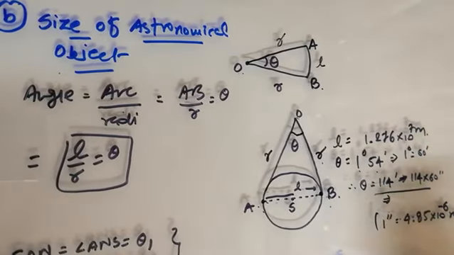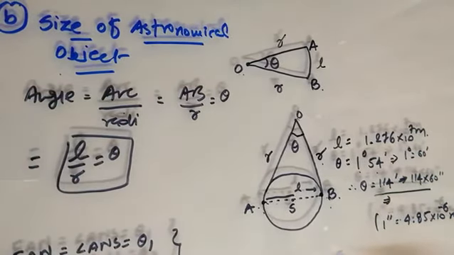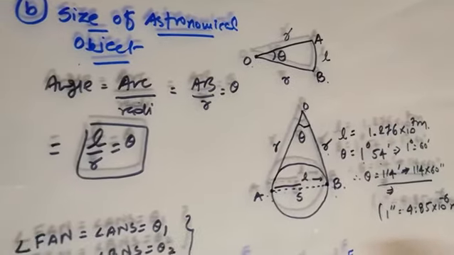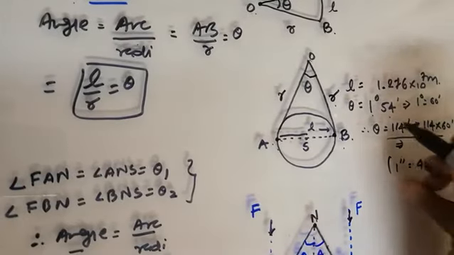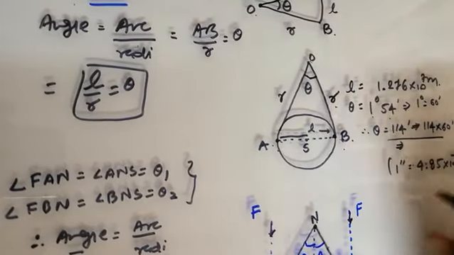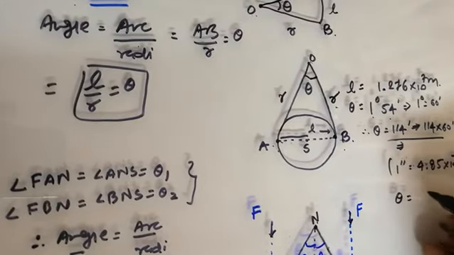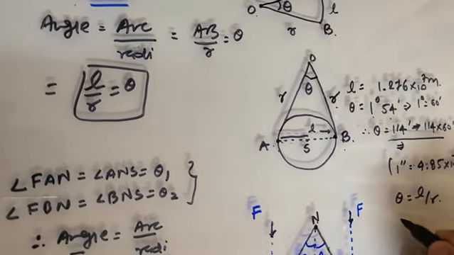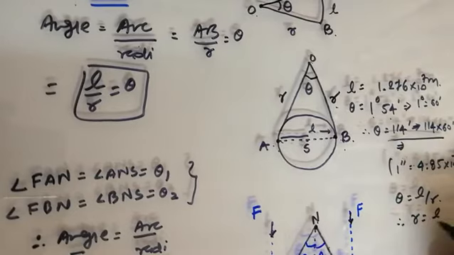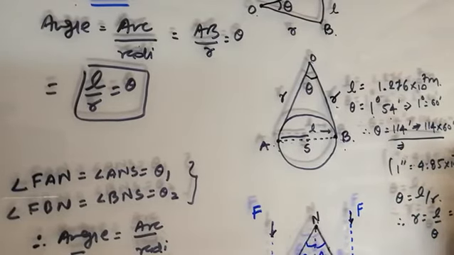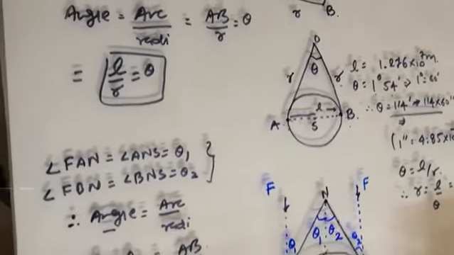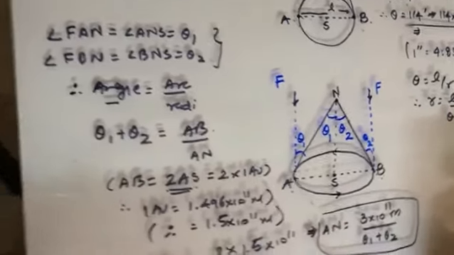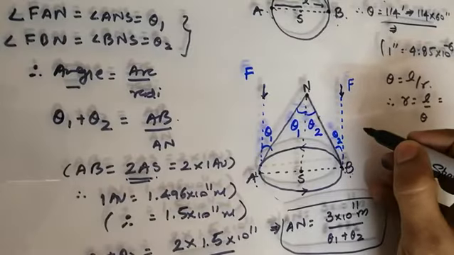So keep in mind. Now we want to find the distance. We have been given the diameter between A and B, and we want to find its distance, called R. We have angle equals L by R. I want to find R, which is L by theta. My values of L and theta have been given to me.